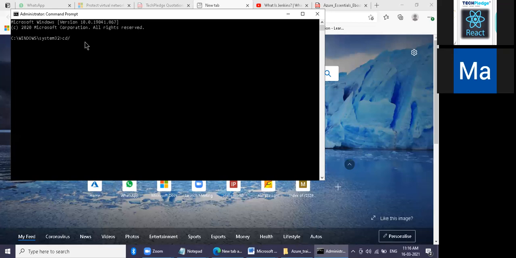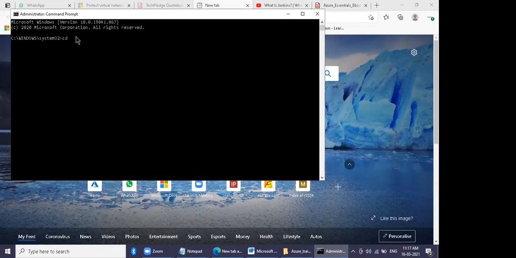cd space slash. Remove this slash. Then give a space, then a slash.